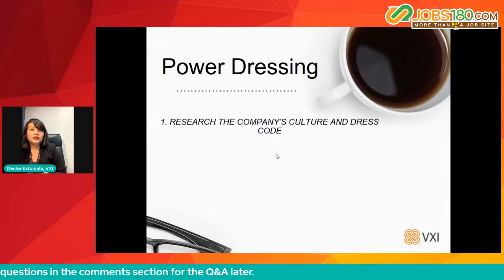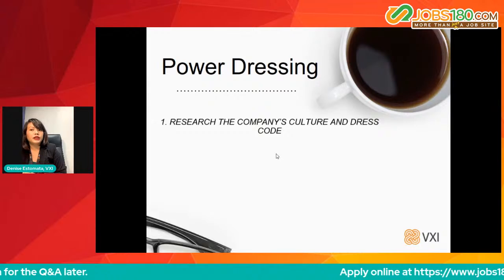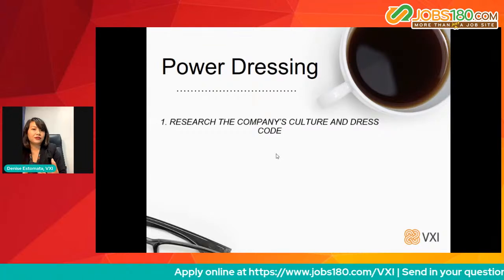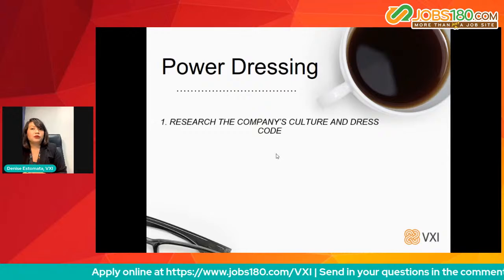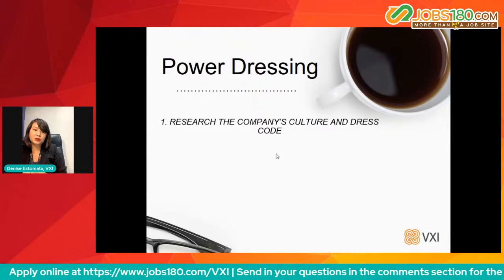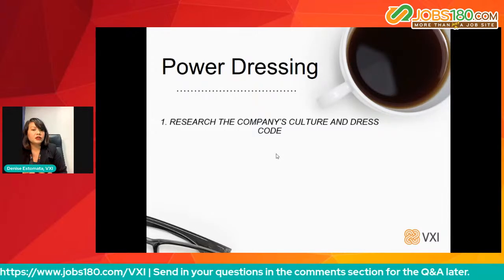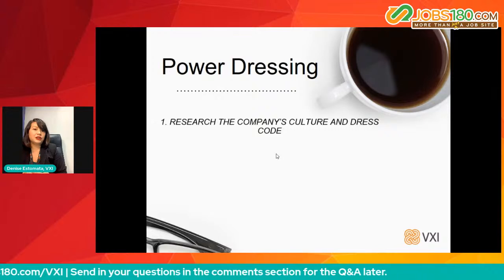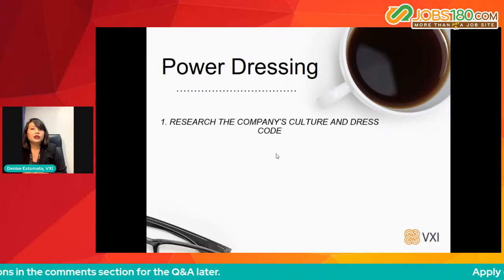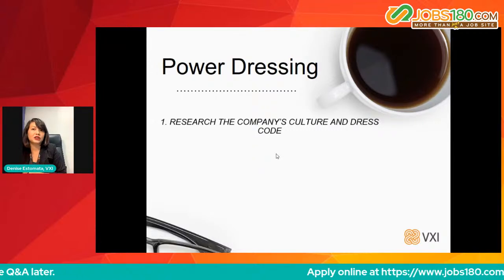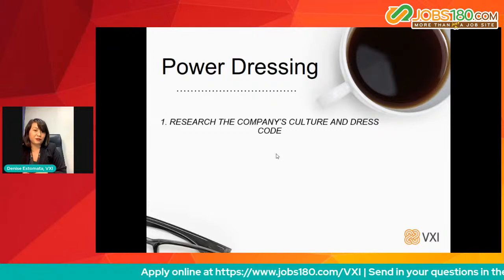On the other hand, say for example BPO companies like VXI, we don't really require our candidates to have that formal look. We would actually accept casual, or the best look that you could make, to present yourself during the interview. So before you decide what to wear, it's very important that you research something about the company first. Okay,